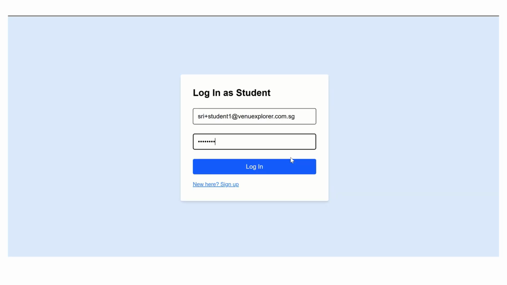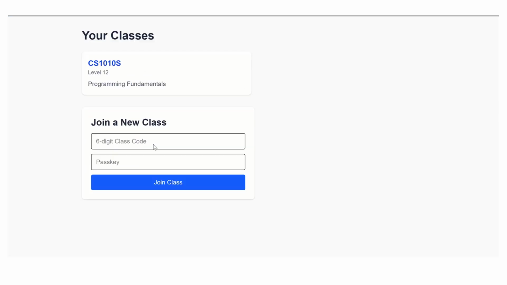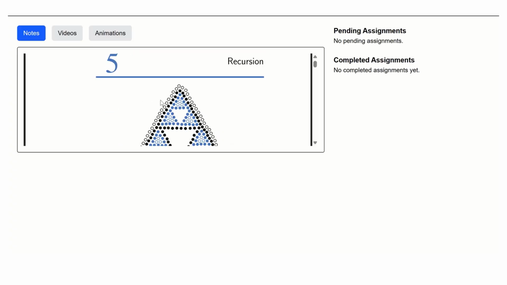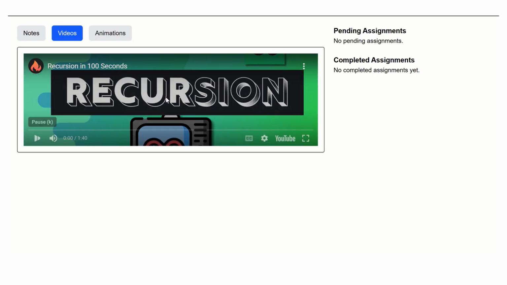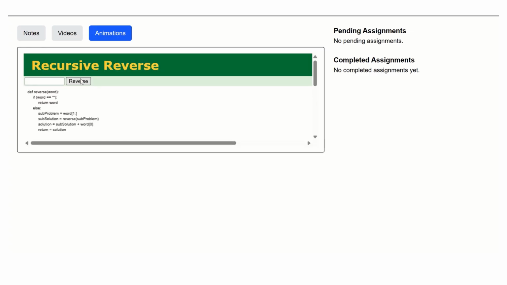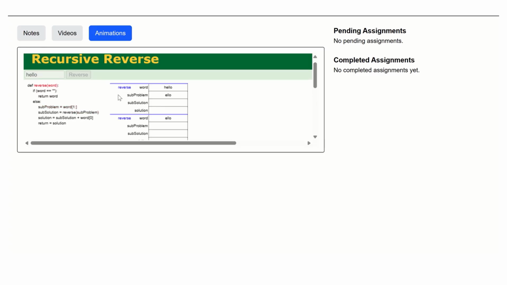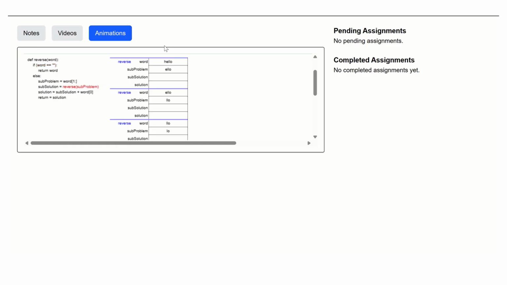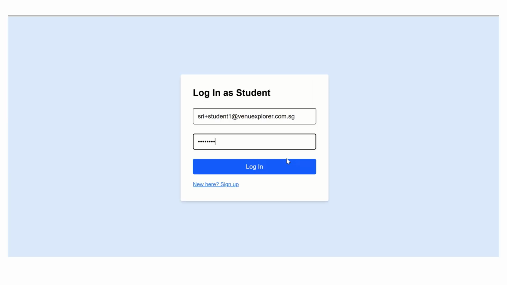students can access them. Now, from the student's point of view, they can log in and join a class. Once they join a class, they can access the notes, the videos, and the interactive animations that the teacher uploaded. So this is before the teacher has uploaded an assignment. Now, once the lesson is complete in class,